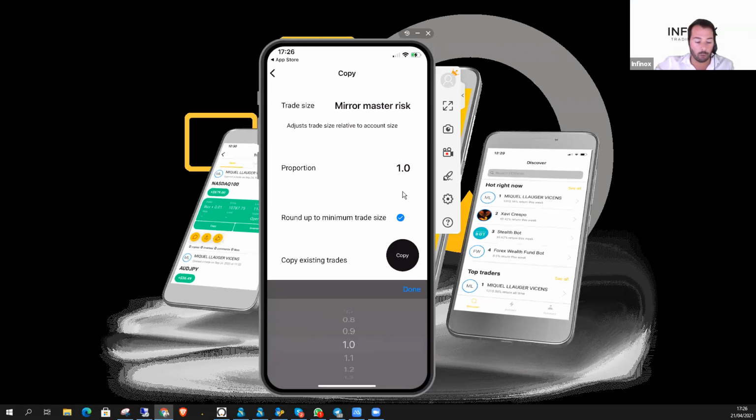Now, what I can do is set a different proportion. Lowering the proportion is going to lower my risk, so I'm going to open smaller positions. If I want to risk more, I can risk up to 10 times more. The usual is to use the same risk management, so the same proportion, but I can use 10 times less or 10